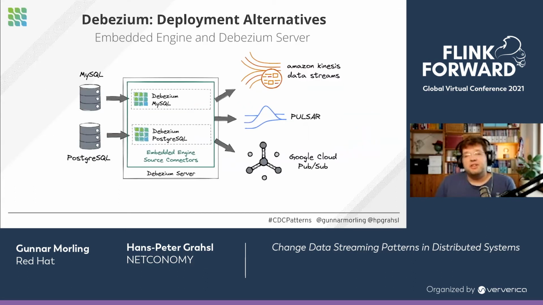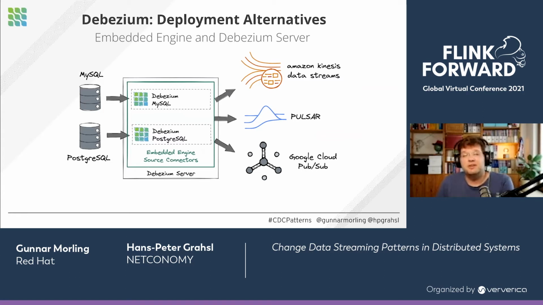Now, I mentioned most of the time people use Debezium with Apache Kafka and Kafka Connect. I would guess maybe 90% of Debezium users are using Debezium that way. But then you also have alternatives for deploying Debezium. And this is actually very interesting when we think about Apache Flink. So the first option, or let's say the second option, besides the Kafka Connect-based deployment, that would be using the